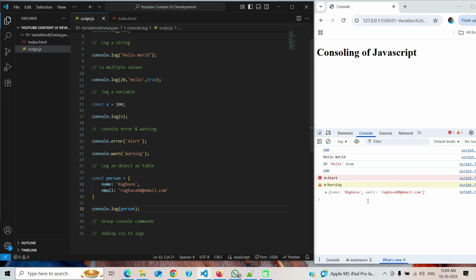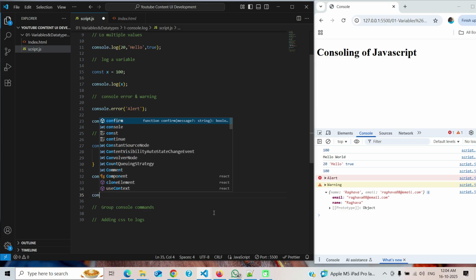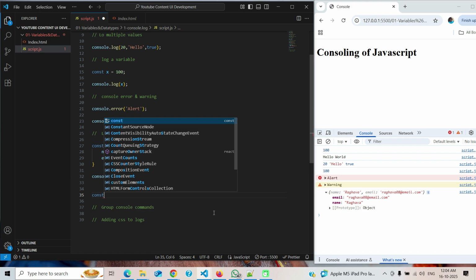Let's see here. Raghava, raghava08@email.com is an object. This is the suggestible way to write an object and console an object. This is the best way to write an object. Here is another way, a temporary way. For testing purposes we can use this way, like